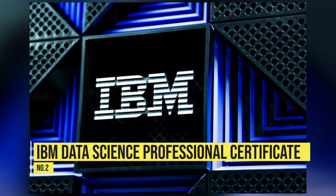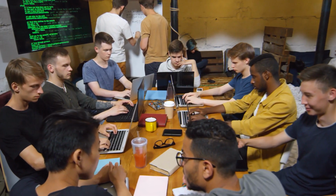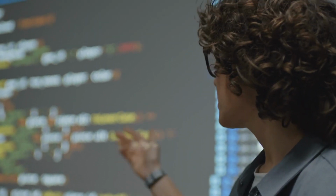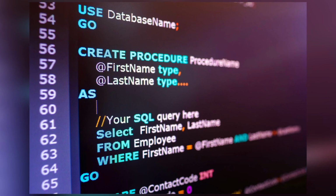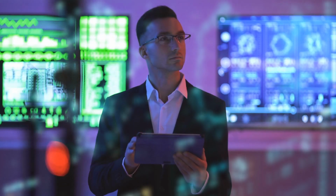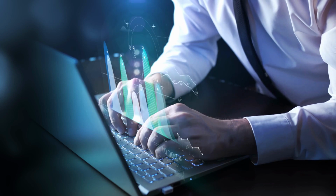Number 2. IBM Data Science Professional Certificate. IBM Data Science Professional Certificate course helps you to pursue a career in machine learning or data science to develop career-relevant skills and experience. This course bundle consists of 9 online data science courses that will provide you with the latest job-ready tools and skills, including open-source tools and libraries, SQL, data visualization, data analysis, predictive modeling, and machine learning algorithms. You will also learn data science through hands-on practice in the IBM cloud using various data science tools and